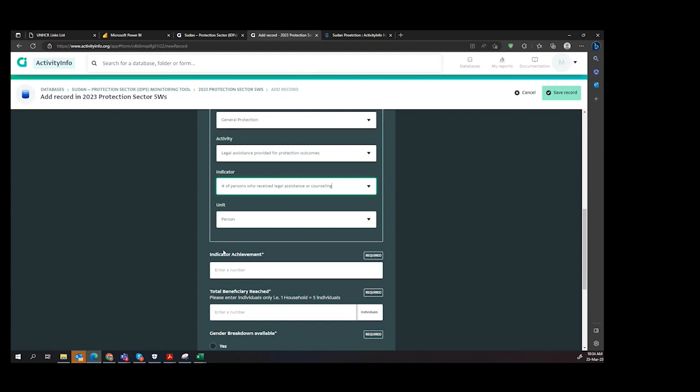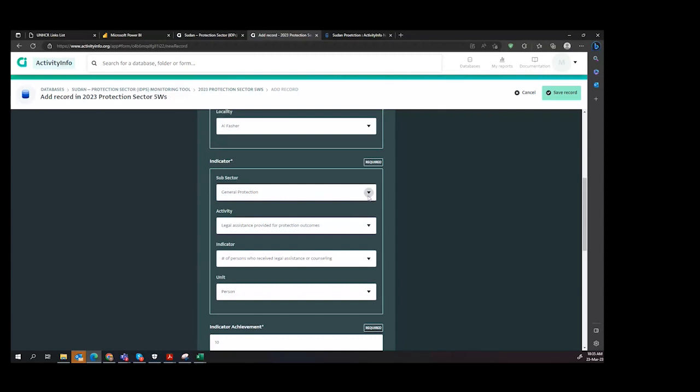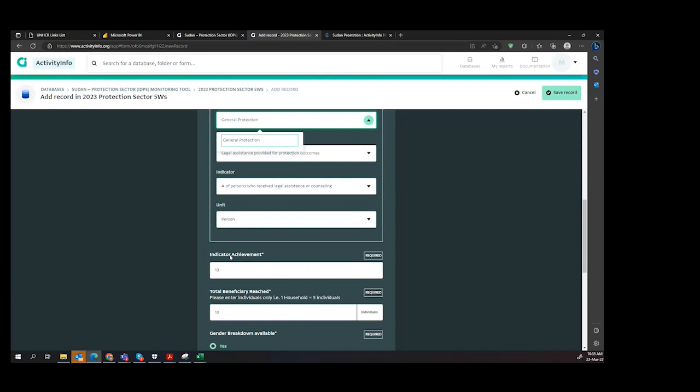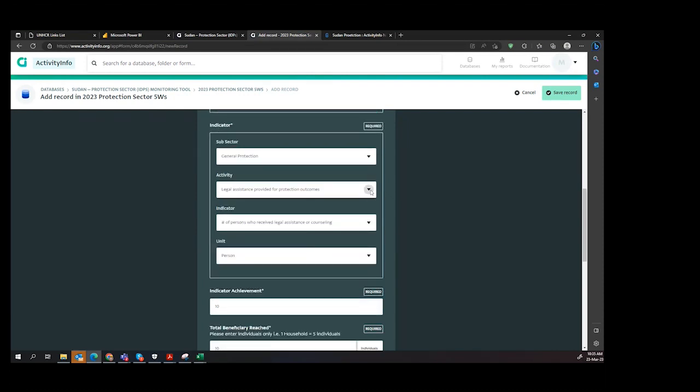We have the indicator achievement. For this, for example, we have persons who received legal assistance and counseling during March or during February. We have 10 persons who received it, and by default, the total beneficiary should be the same as individuals because it is a person. And then, let's look at the difference between the indicator achievement and the beneficiary reached. The difference is, for example, let me check